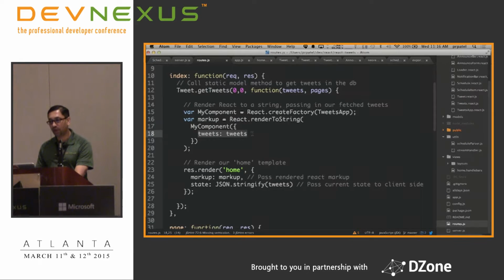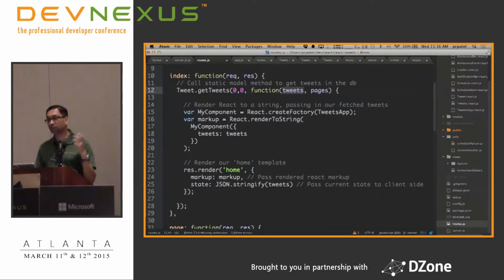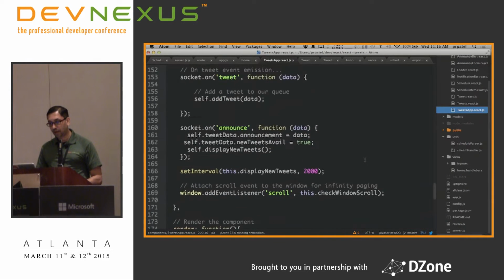Again, this tweet thing right here is just a database that I'm using, collecting the tweets as they come in from the Twitter sphere. So I go grab the first 10 or whatever, and you can see right here, that's where I'm passing the initial state. Basically, these are the first 5 tweets to show before you go live and start streaming tweets in from the server, okay? So this is the initial state. So let's walk down. We have the initial tweets that we need. That's our initial state. Let's go into our tweets app, okay,